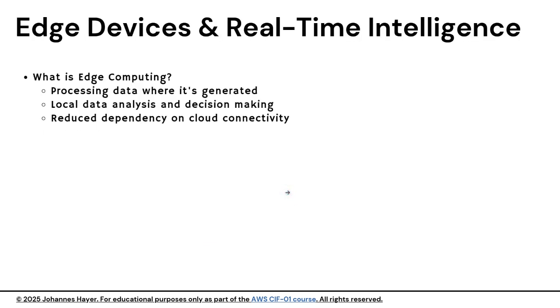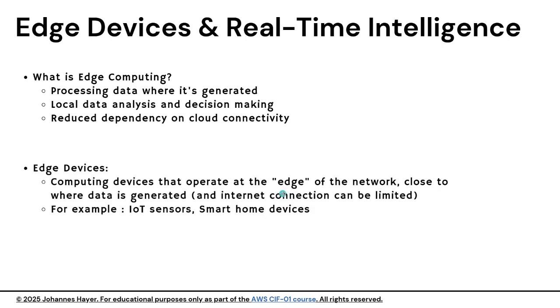Now, when we talk about where inferencing happens, edge computing is becoming increasingly important. Edge devices are computing resources that operate at the network edge, close to where the data is generated. This is crucial for inferencing because it determines how quickly and efficiently we can make predictions. The key aspect of edge computing for inference is that we're processing data where it's generated, with reduced dependency